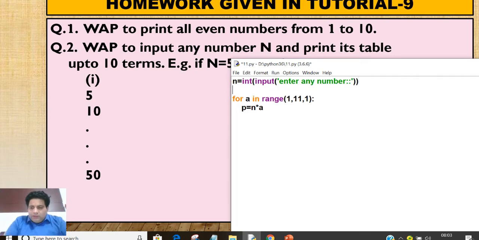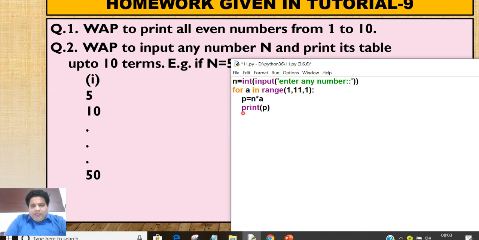Now the most important point is, should we write print inside the loop or outside the loop?